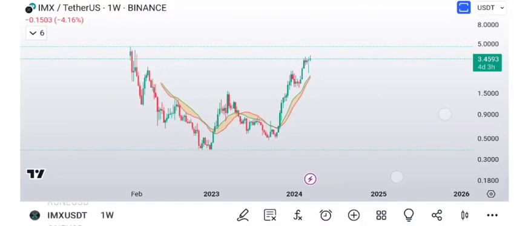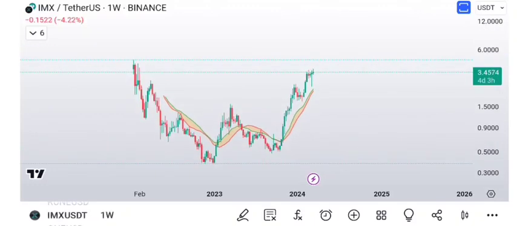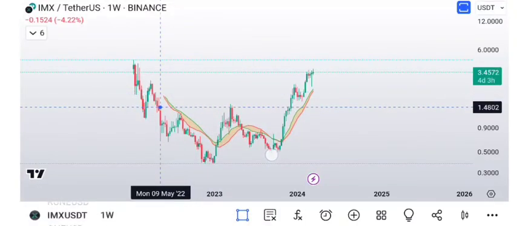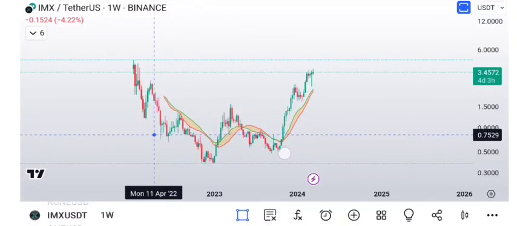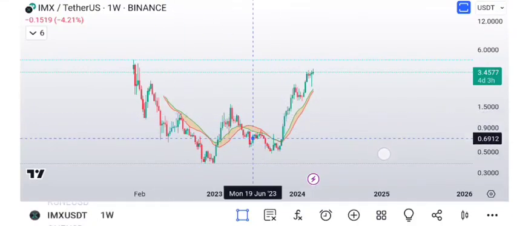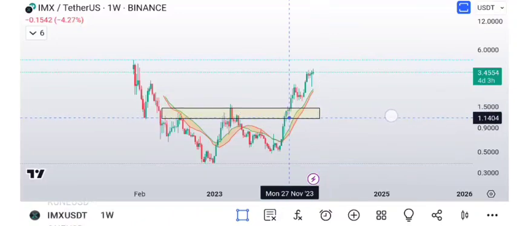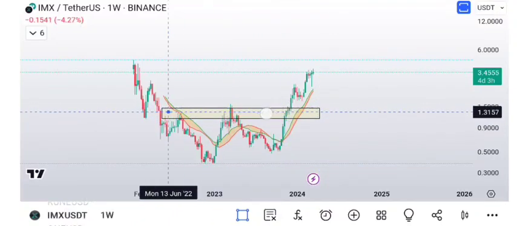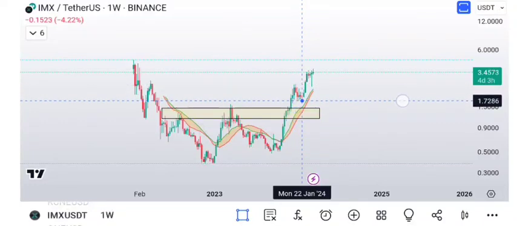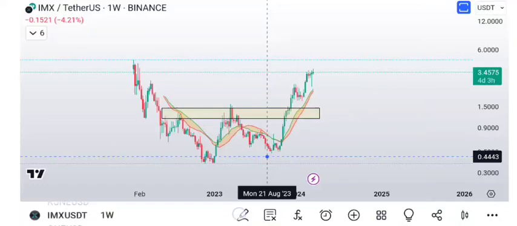Here's IMX. It's very brand new. It's hard to know what it's going to do. But essentially, you have this sort of Wyckoff structure. We did break out of it already, right? So a lot of coins are at the resistance levels. This coin broke out, and it pulled back, and it continued higher, right? So it could be